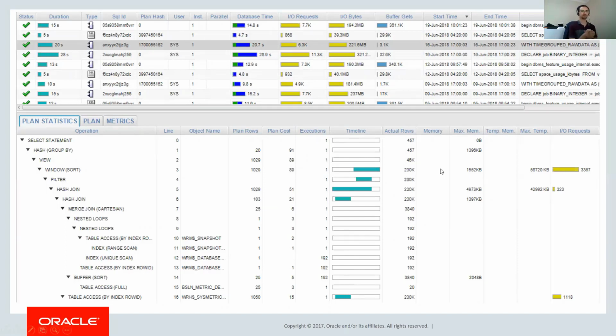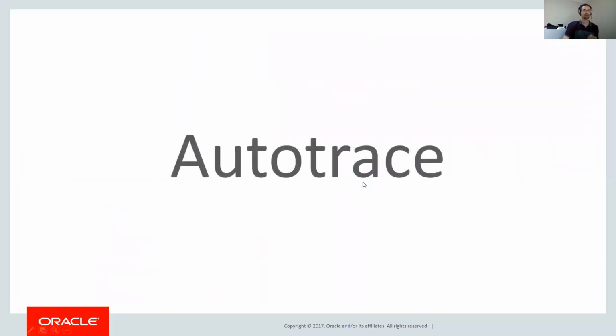So as I said, SQL Monitor is great, but it does have a few limitations, particularly if you want to capture details about quick running SQL. Now the thing about SQL statements that run pretty quickly is you can just execute them yourself. You know, SQL Monitor is great for those ones which are going to take minutes or hours, and you don't have the patience, or you're just not willing to wait several hours for it to finish. With something that takes 2 seconds, it's quite easy to run it yourself